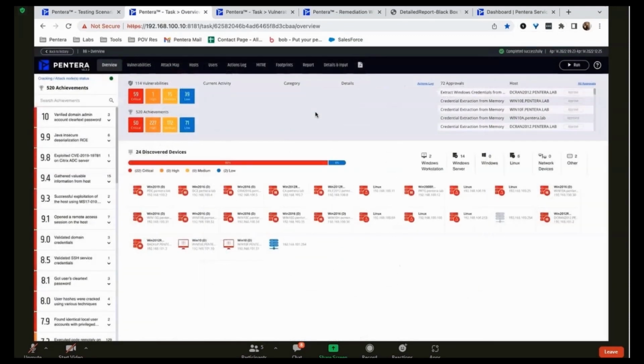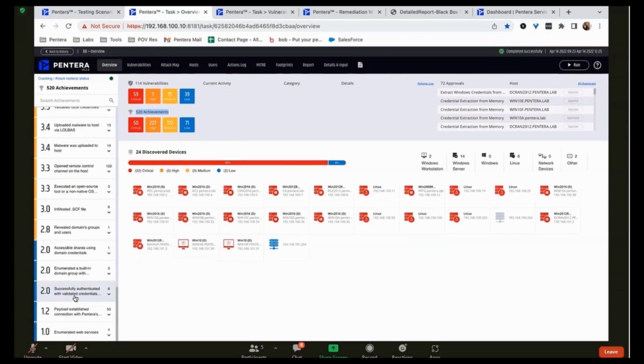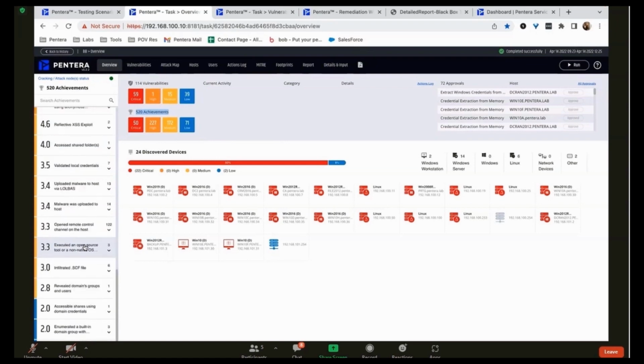Pantera starts trying to penetrate that device now. It's going to try to leverage the vulnerability to exploit the device. Anytime it's successful, we consider that to be an achievement. So that's where we move away from vulnerabilities and start getting into achievements. So you're seeing here a 520 achievement list, and we stack rank them by criticality on the left-hand side. From 1 to 10, 1 being like enumerating services, 3 being like injecting secure command files, I believe that's what it's called, I'm totally blanking on the acronym, but they're like booby trap files where they put a little icon on someone's desktop and wait for an end user to click on it, like, oh, what's this? Click it, and then boom, we have a host takeover.